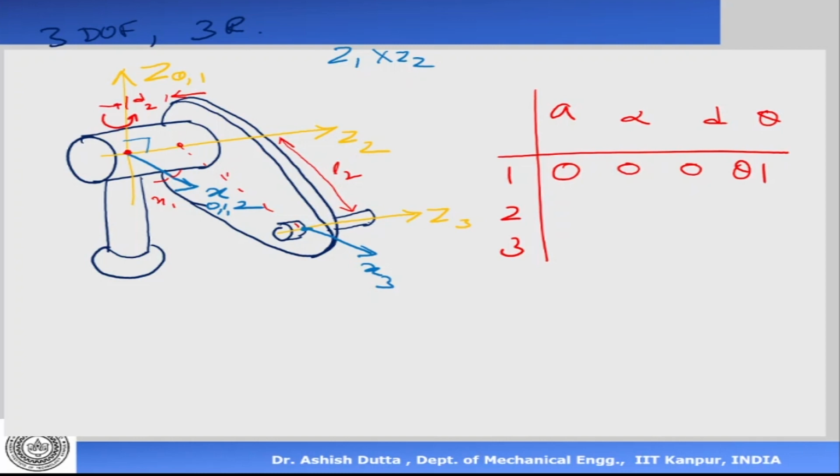Now, where is the second one? The second axis, just for convenience, I've taken the origin of 2 and 1 to be the same point. I could have taken origin of 2 here, okay? But just for convenience, I've taken it here. Now, because the origins of 0, 1, and 2 are the same, what is the distance between the z-axes? The z-axes are intersecting, so there's no distance. What is the angle between the z? Now the angle is 90 degrees because it is a rotation of 90 clockwise, okay, about the x-axis. So again, as I said, you can imagine yourself standing here and looking in that direction, towards the origin. Then clockwise is considered negative.